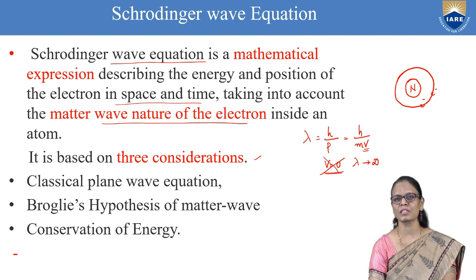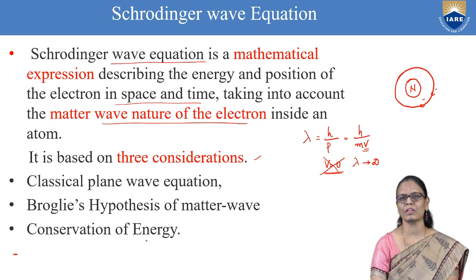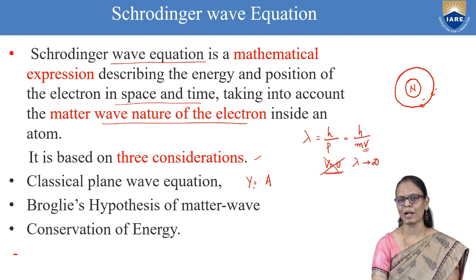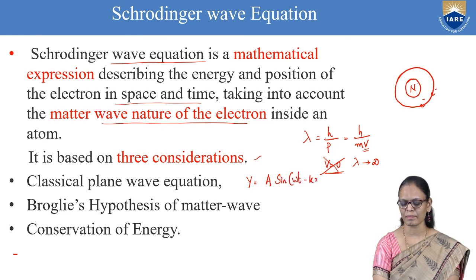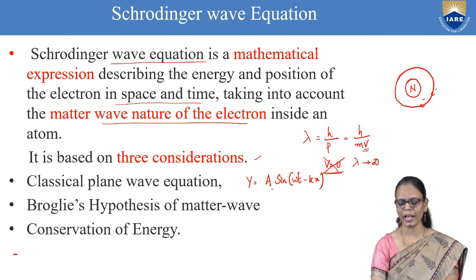What considerations did he make? He considered a classical plane wave equation, because even in classical mechanics, if you have to describe a wave, you need a wave equation. So generally in classical mechanics, you represent the displacement of the particle by y is equal to a sin(omega t minus kx). This is a basic classical plane wave equation. So y is the displacement, and a here represents the amplitude of the wave,